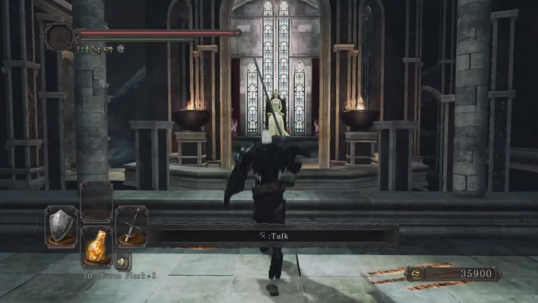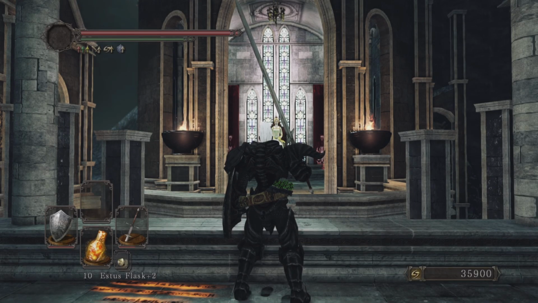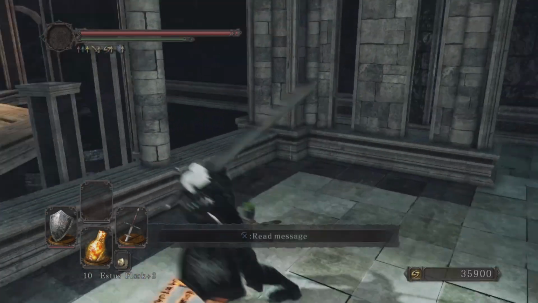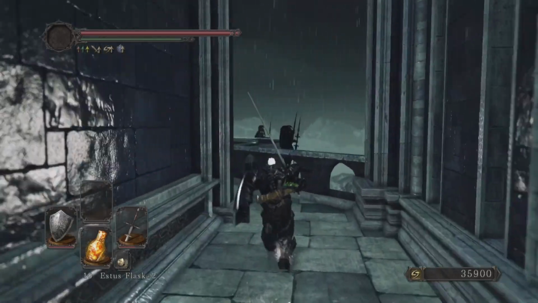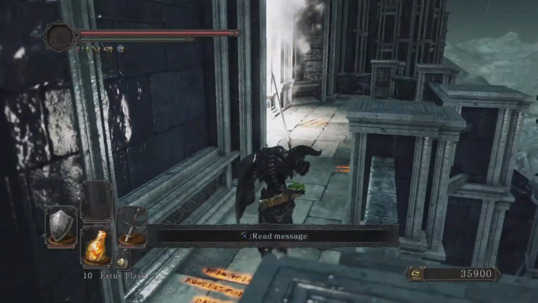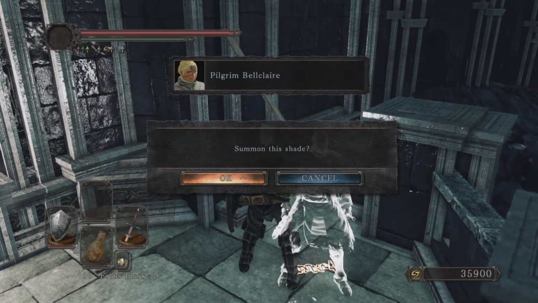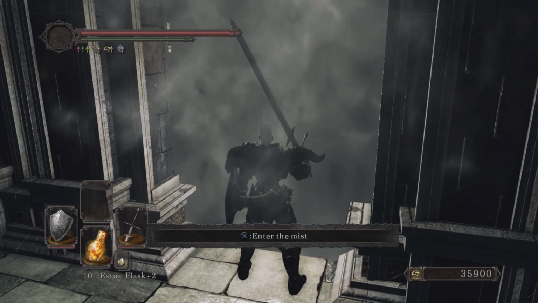Alright, so we have Queen Nishandra. You have fought but we have... Alright, exhaust her dialogue. You can shoot her if you want, and she just disappears. For now, if you feel like you're going to struggle, which I don't think you will, come and grab Pilgrim Belclair. Otherwise, what we are going to do is...